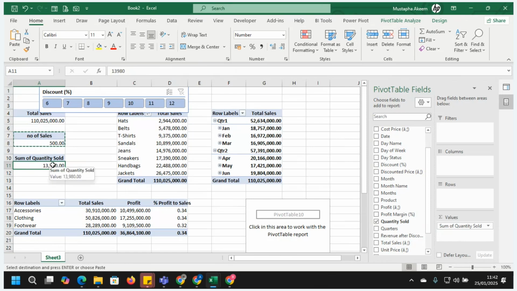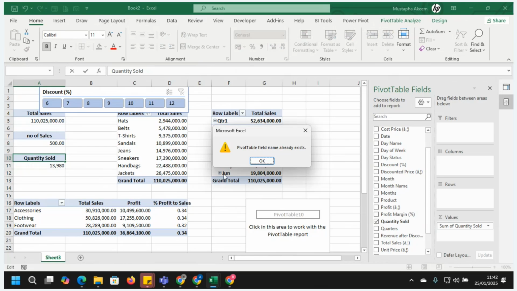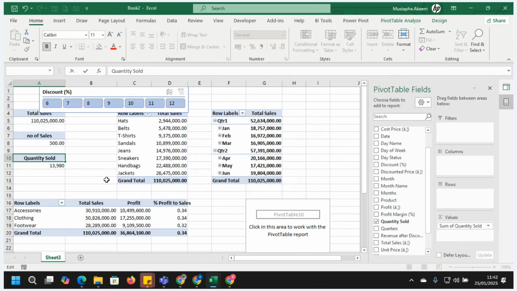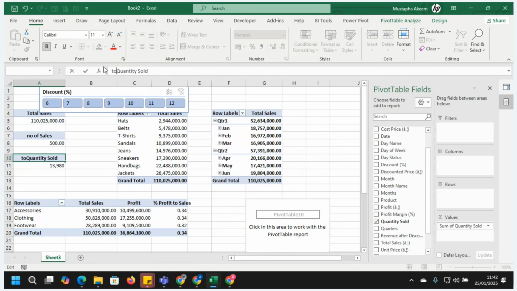This. So we don't need the 00 and 10,480. Let's say total quantity sold. That is that.